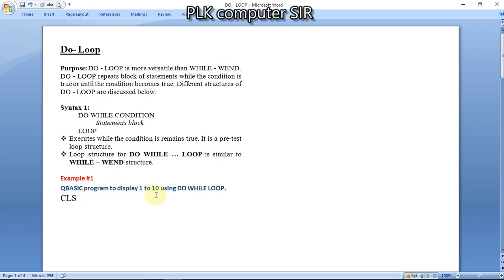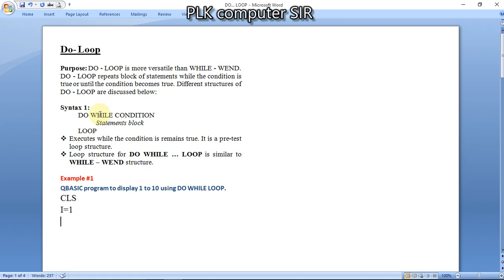Suppose we have to display 1 to 10 using do while loop. The program should start with CLS. After CLS we write the initialization of the variable: I equal to 1, because the start value is 1.